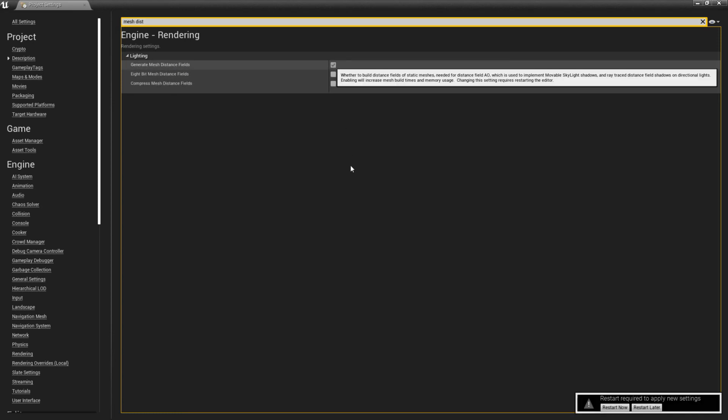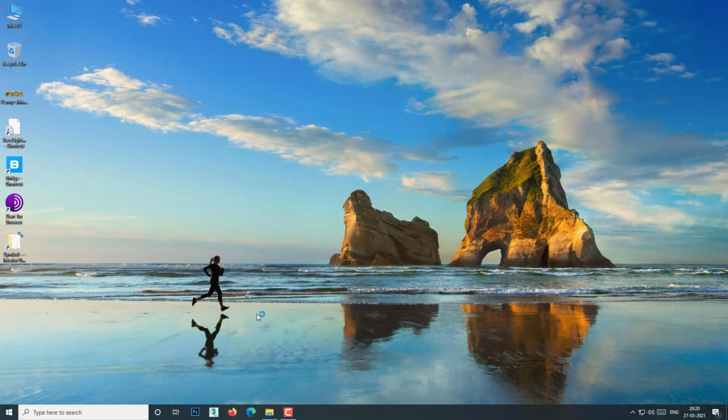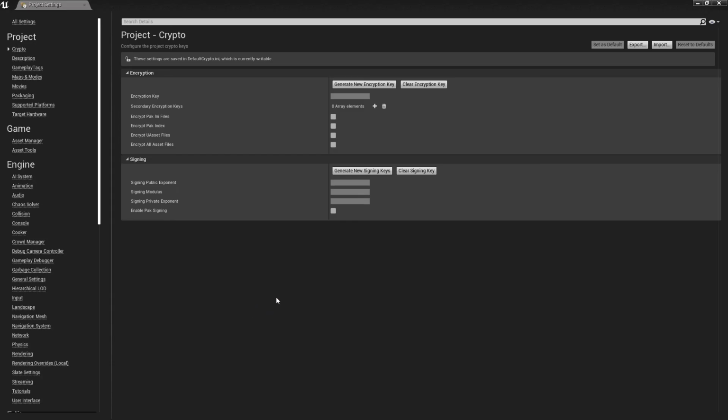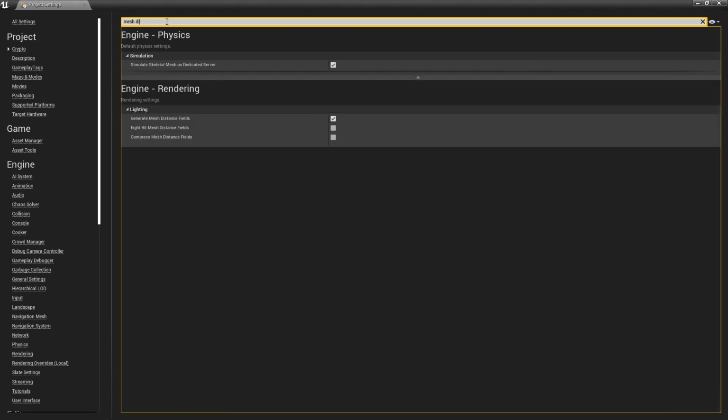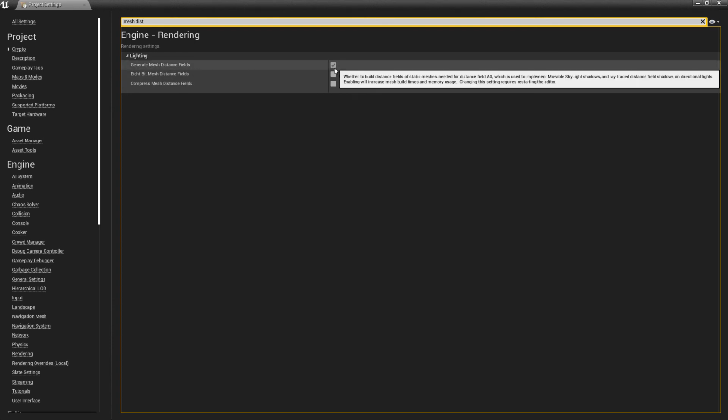It will ask for a restart. Do it. Mesh distance fields are enabled now.